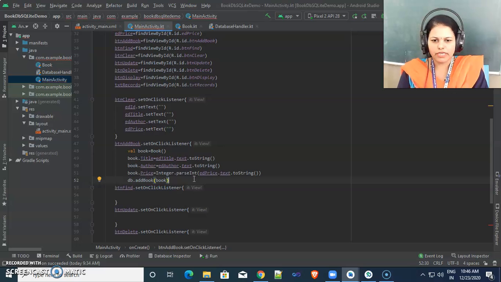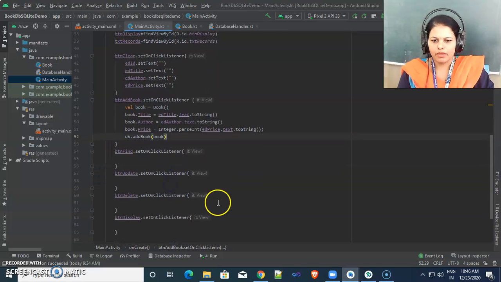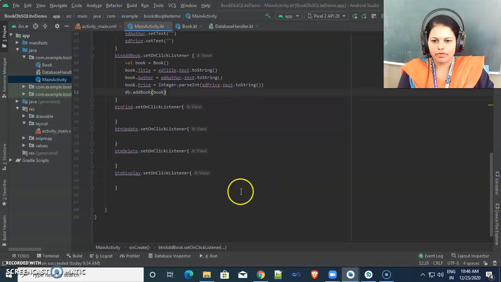So this is the functionality behind add book. Now to read all data, the display button is there. Inside this we are fetching and displaying all the record information inside a text view. So we will do it inside the next video.